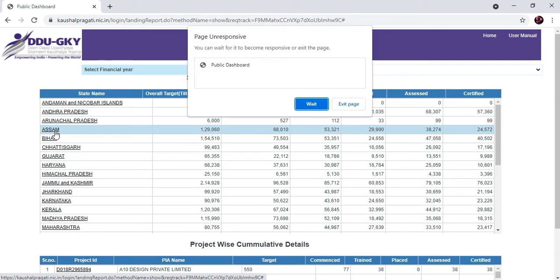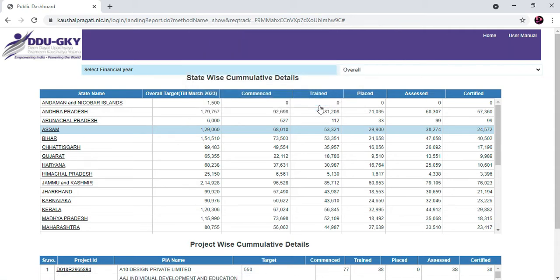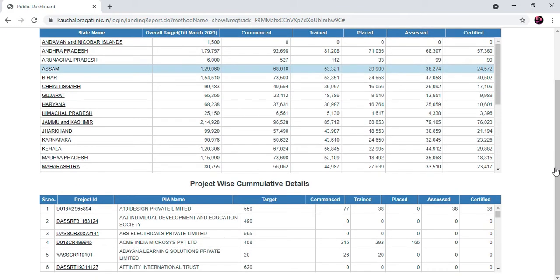Once you click on Assam, you can scroll down, and you will see project wise cumulative details.